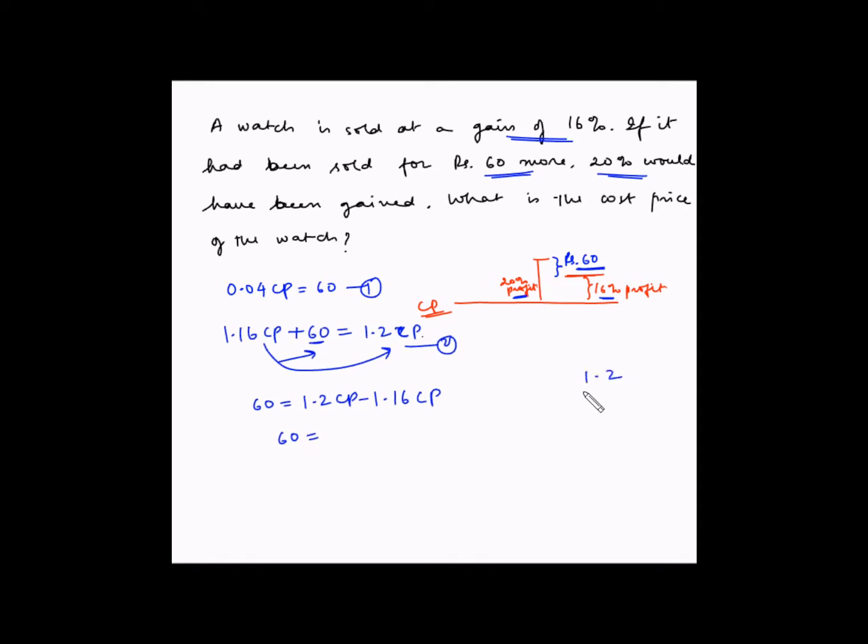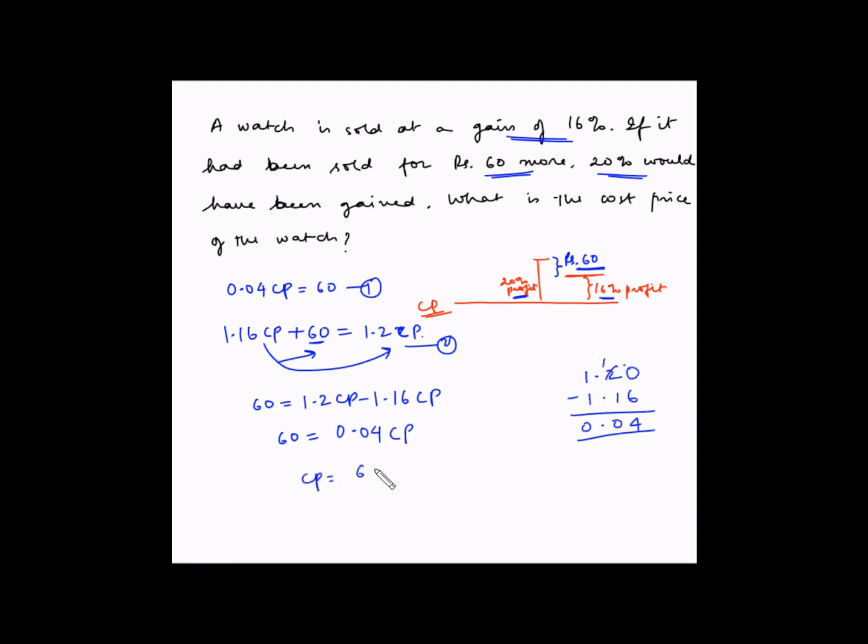So 1.2 minus 1.16. So this can also be written as 1.20. 1 carryover. So 10 minus 6 is 4. 1 minus 1 is 0. 0.1 minus 1 is 0. So 60 is equal to 0.04 times CP, or